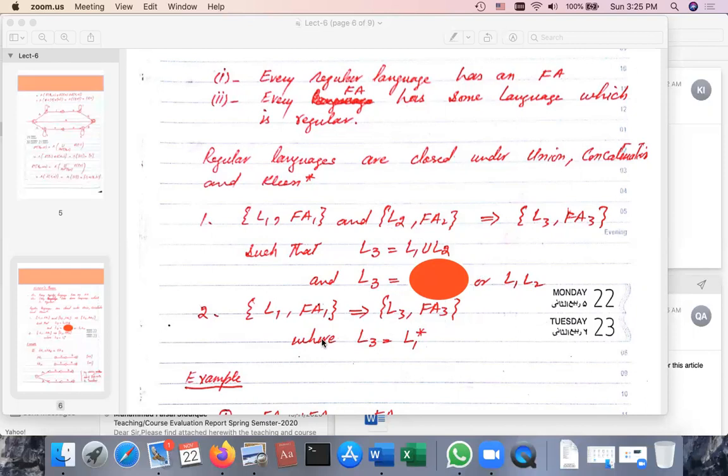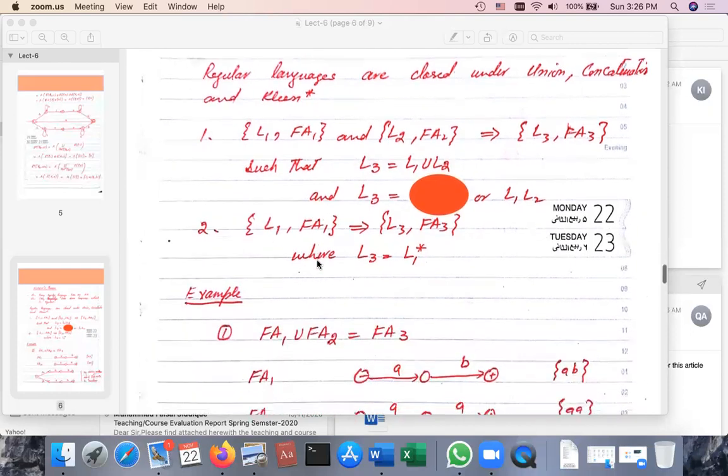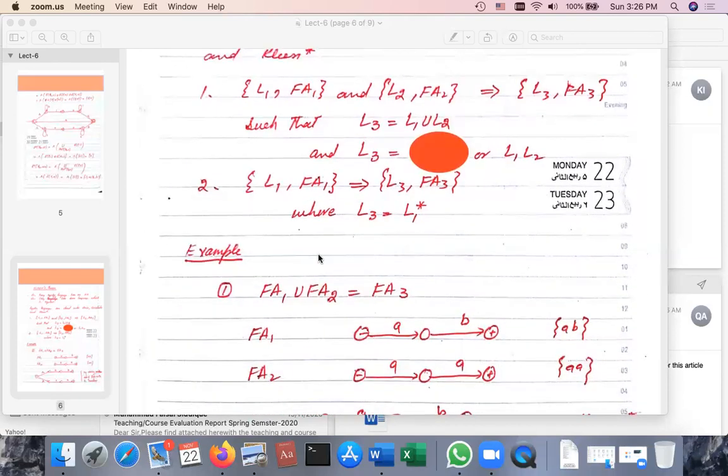And here L3 is a Kleene star of this language L1. Okay, now this is theoretical stuff, and now we will see the practical concepts, not exactly practical, but practical from a drawing perspective. So now we will see these things